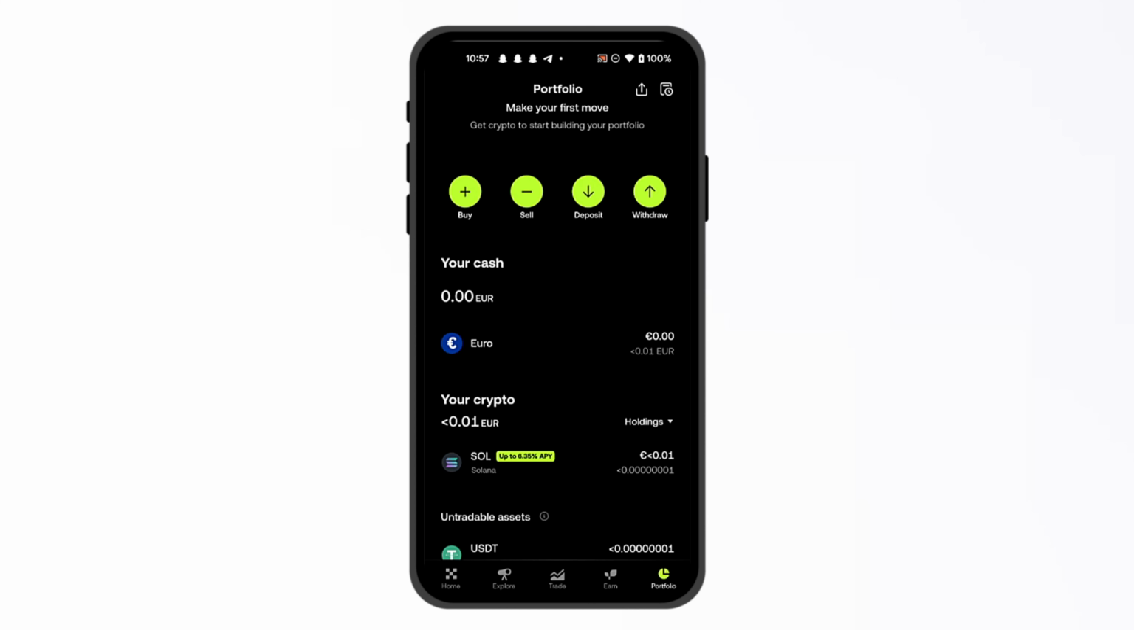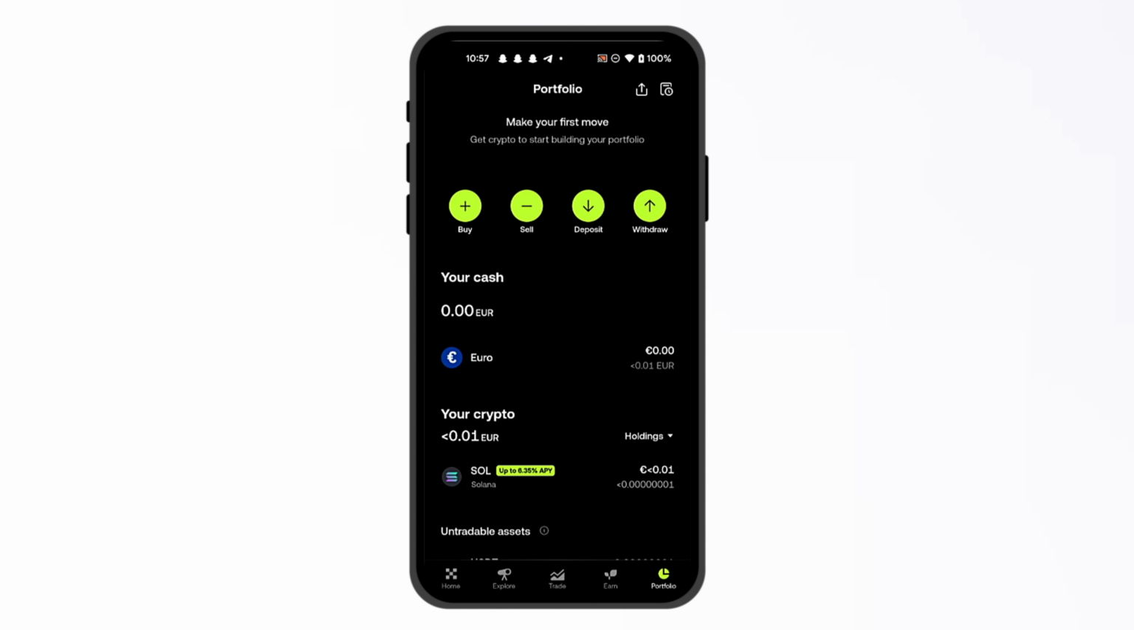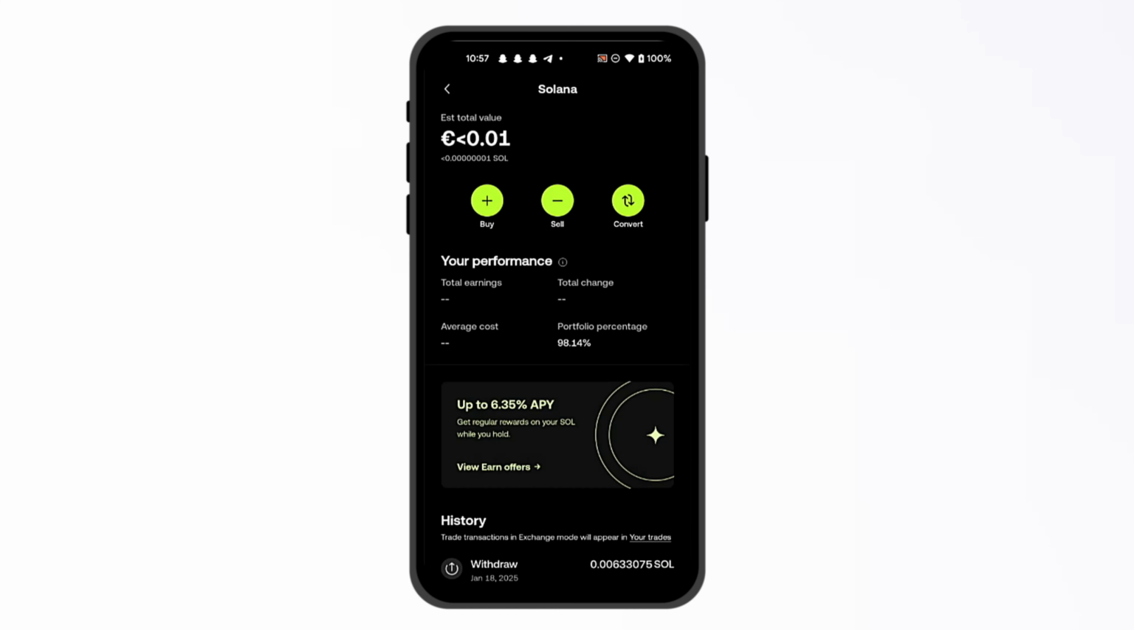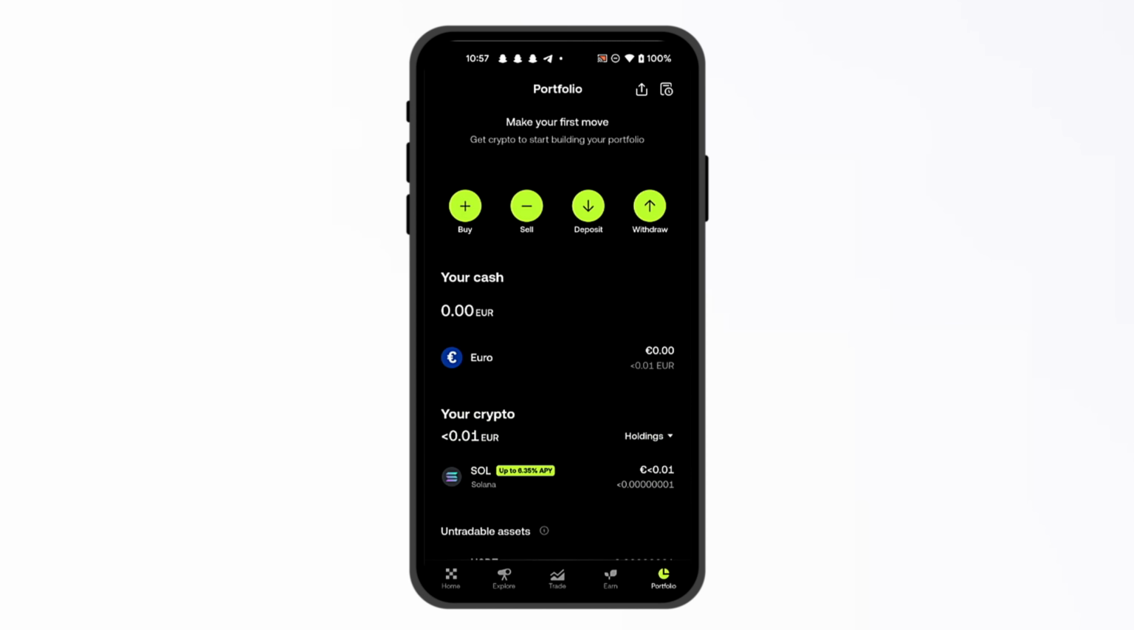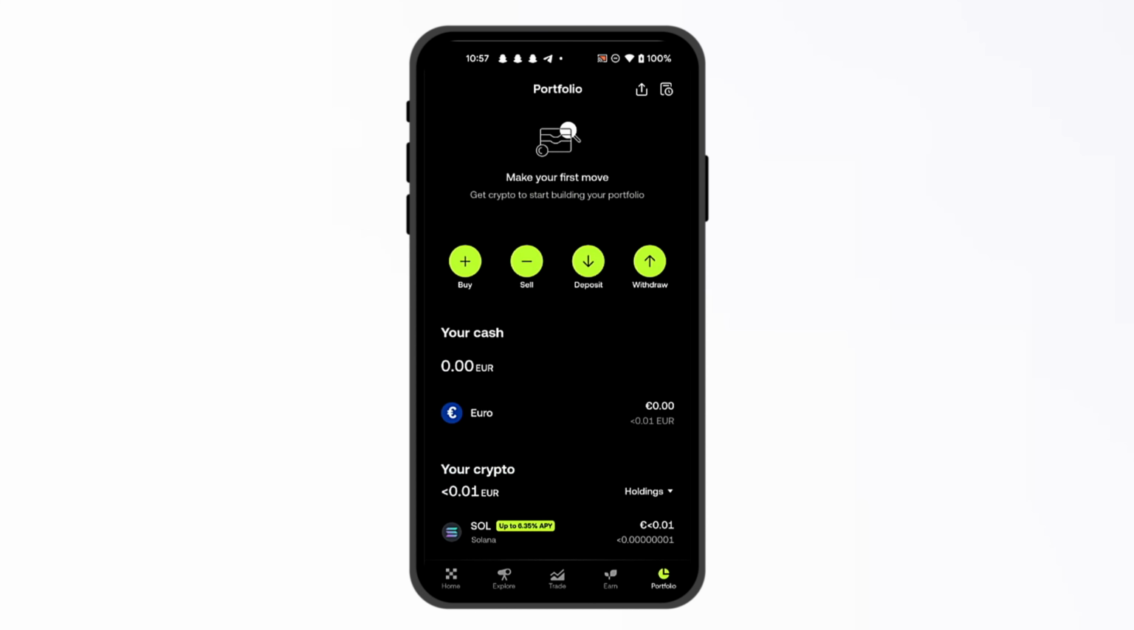So what we're going to do is first start with our cryptocurrencies, where we're going to click on it, and then from here we're going to click on sell. So once you sell it, it's going to turn to whatever cash or currency that you might want. So if you have it in euros and now you have your deposit ready, all you have to do is